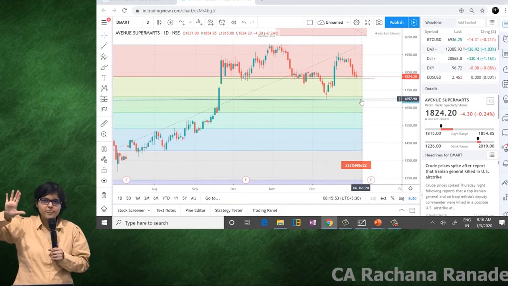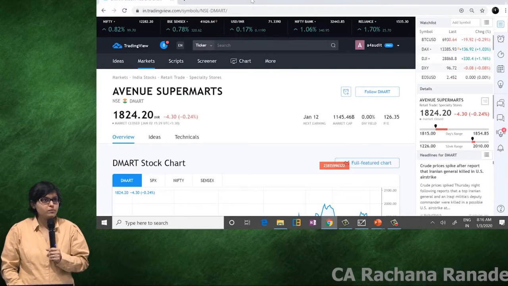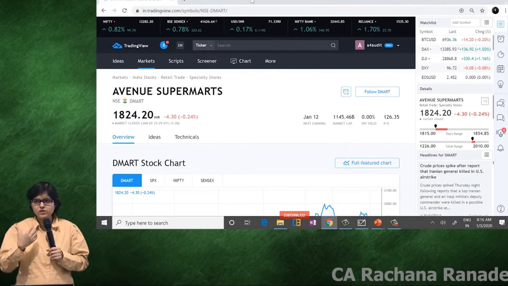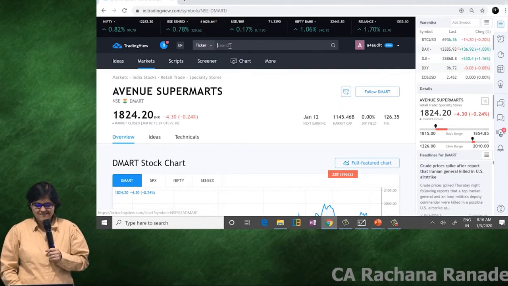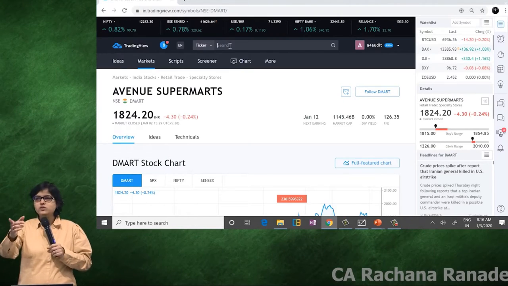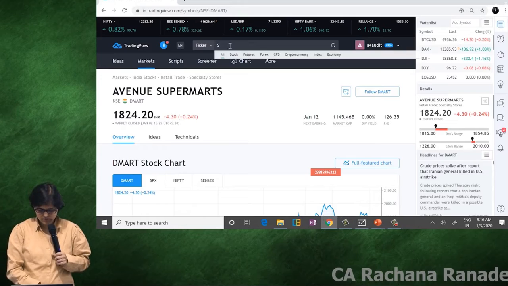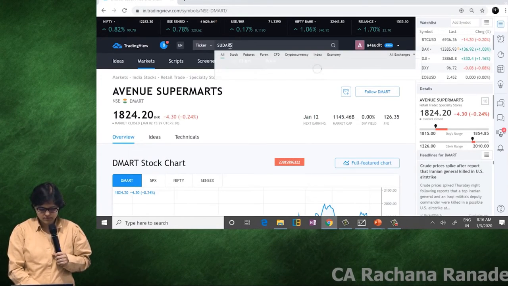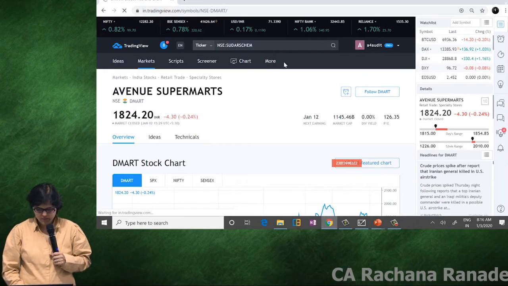Is this okay? Yes? Shall we draw Fibonacci for 2-3 more stocks so that you get a better idea? Any specific recommendations, or shall I show you mine? I guess Sudarshan was one stock which we had discussed, right? Sudarshan Chemicals? Yes? We'll check Sudarshan Chemicals.